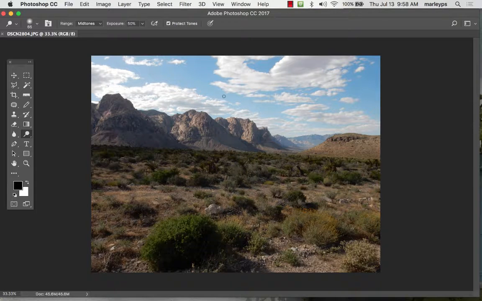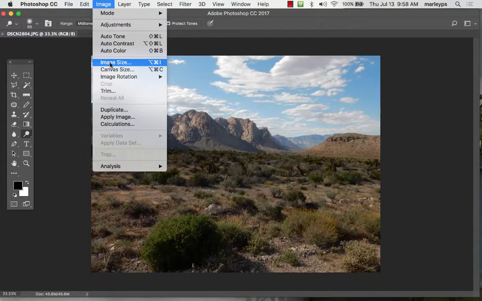Images often need to be resized from their original state for the purposes of email, website placement, Instagram, or whatever need you have. Find out the specific pixel dimensions that you need before beginning this process. Once you know where you're trying to go with an image, we're going to go to Image, Image Size,